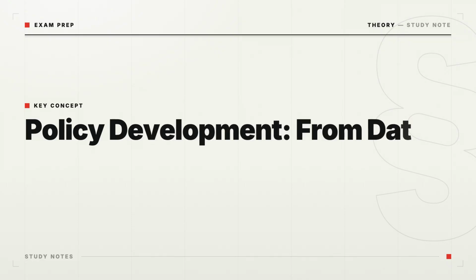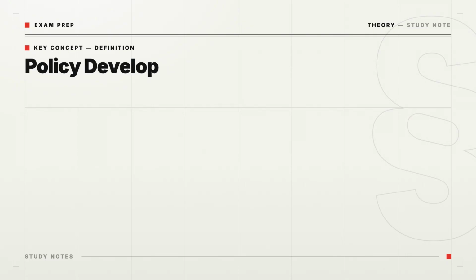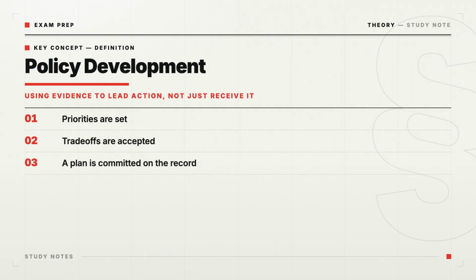Surveillance told the health department that STD rates were rising and which groups were most affected. Knowing that is where assessment ends. What comes next, deciding to expand condom access, is a different core function entirely. Policy development. Policy development means using scientific knowledge to lead the creation of policies, plans, and programs. The operative word is lead. It converts evidence into a chosen course of action, with priorities set, trade-offs accepted, and a plan committed on the